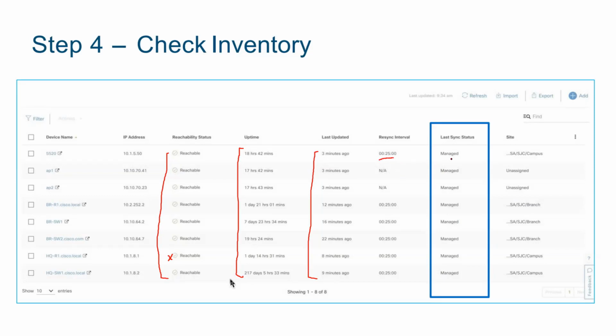Now, the most important part is the last sync status, managed. Once you see it's managed, that means DNA was able to access. It's not just reachable by ping, it's accessible by CLI and SNMP, and it's able to read the configuration and start doing the management on your behalf. The site, we're going to see that as the next step. Some devices are unassigned here. This is a fresh discovery. I can assign these devices to sites